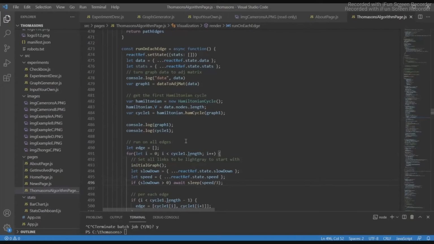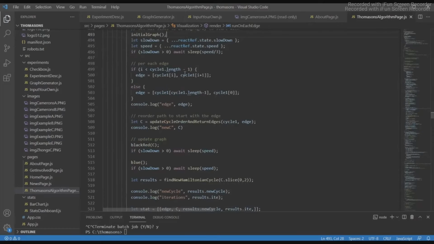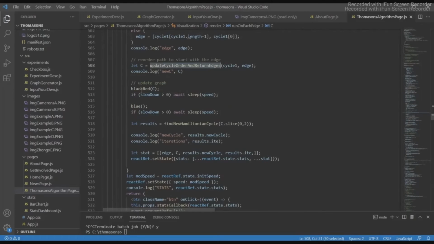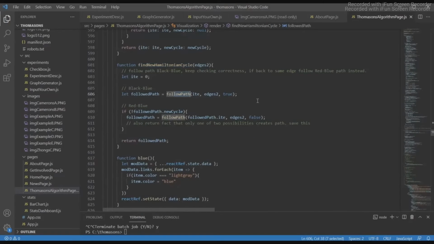So we first get the first Hamiltonian cycle and we run it per each edge. We first initialize the graph to be all gray links, and then we select an edge, and then what we do is we update the cycle to be in the order starting from that edge. Then we run black red to color that cycle black red, and everything else we color blue, and we find a new Hamiltonian cycle. And what it does, it follows the path,